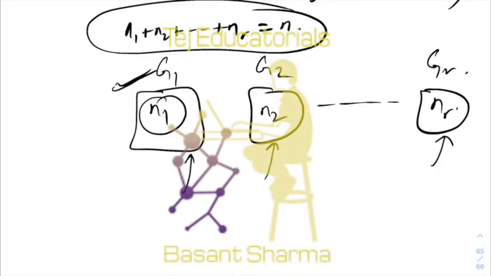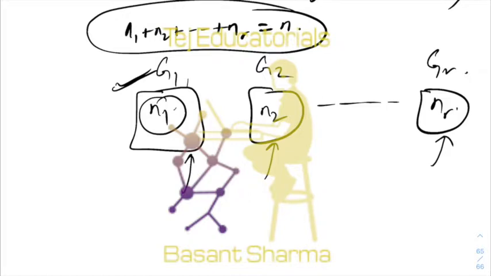Now you can ask what will happen if I ask for the number of ways to arrange. You can pose the problem as well: how will you distribute n different objects into R groups such that ordering within a group is also relevant. We'll come to that in a later lecture. We will consider that case as well. But for now, we are just grouping the objects. Ordering within a group is not important. Only the selection of elements to be put in a particular group is important.